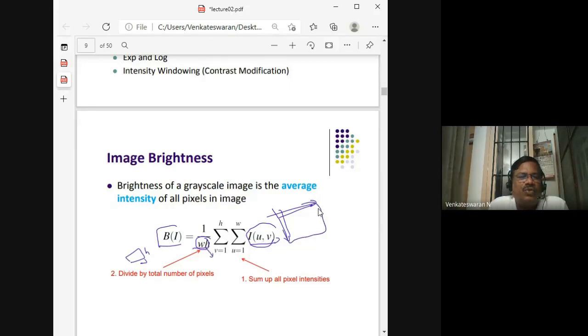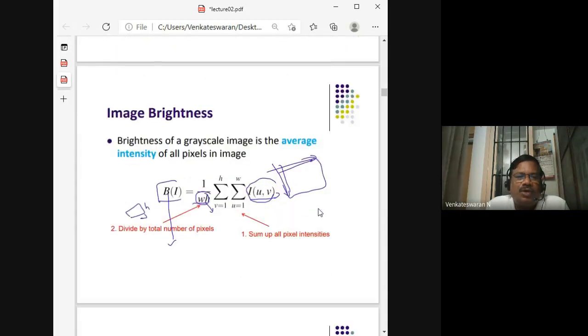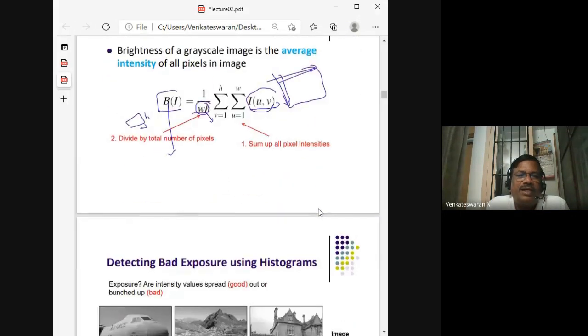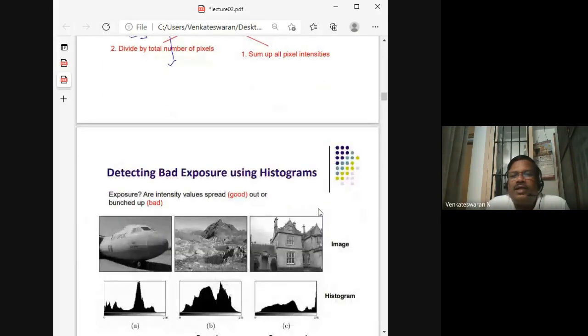What you do is you get an average intensity. This is a good example to use in small image processing applications, where this tells you what the average value of an image, for example an image block, is. So you can try to use that as a kind of feature to probably detect something, right? For example,